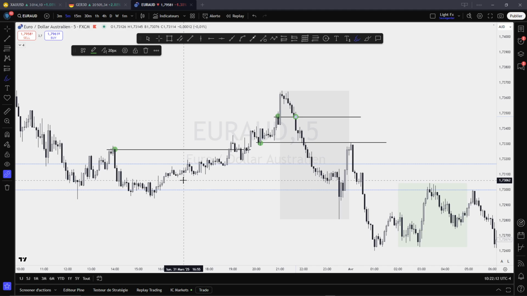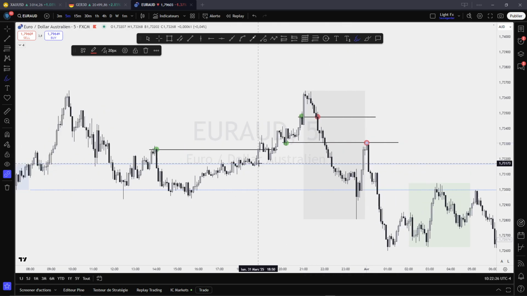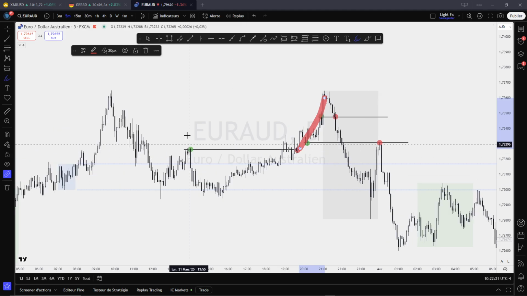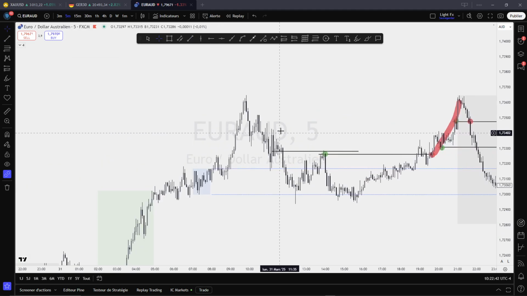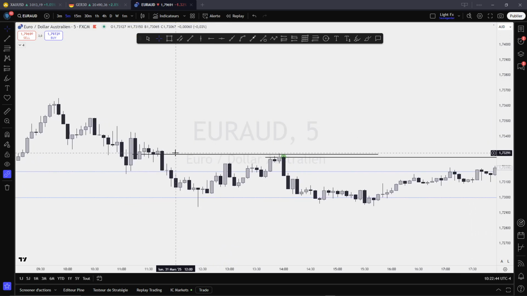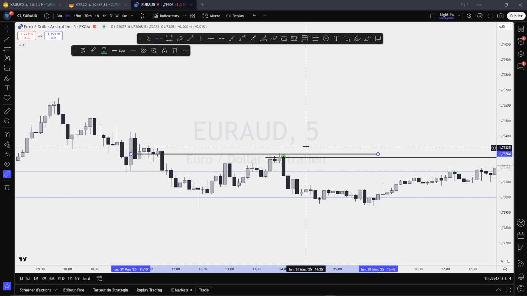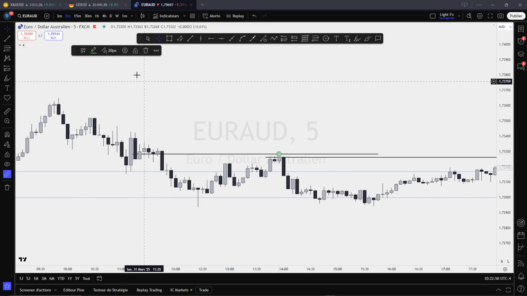If it's a break of structure, you will see. If it's a reversal, you will also see. The example I have to show here is this one. Look, when price arrived here, it touched and reversed. Here it broke it, but from here it went up. I can mark another level just to show you how prices react to levels. I have another one here. Let me go closer. You see? Boom, here. I have a reaction right here.